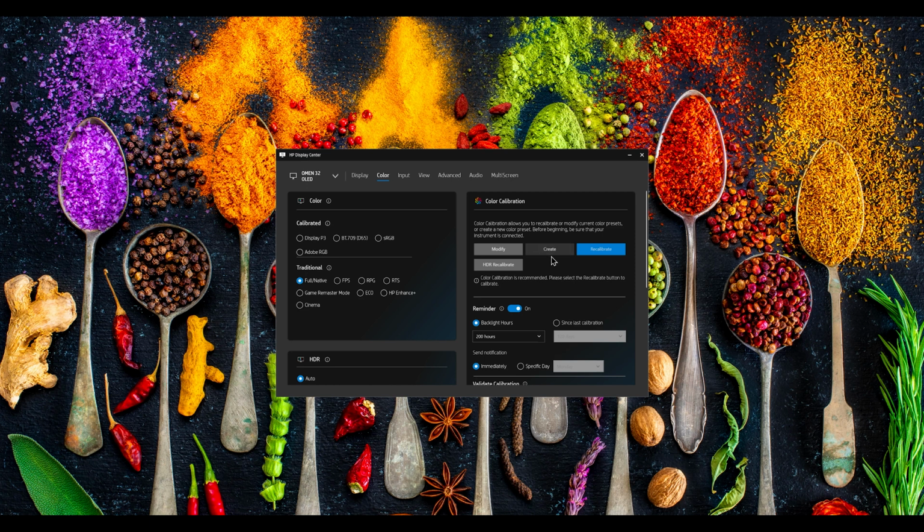If I choose recalibrate, it is going to recalibrate the preset exactly as it was configured at the factory. If I choose modify, it allows me to change all the characteristics of that preset. And if I create, again, everything is available, but it makes a new preset. In addition, we do have the ability to recalibrate HDR.